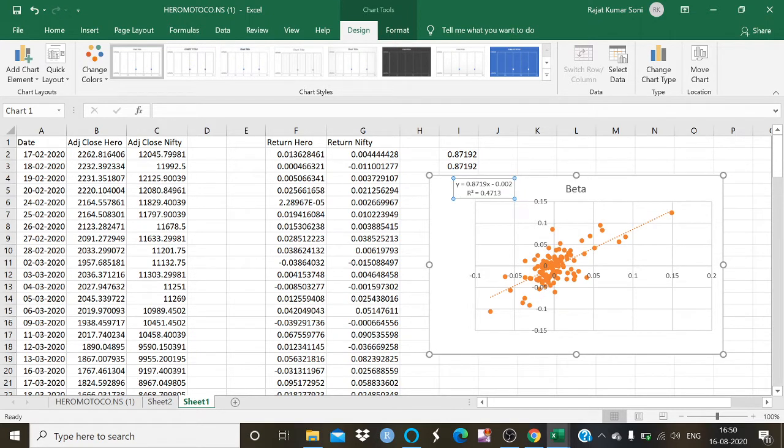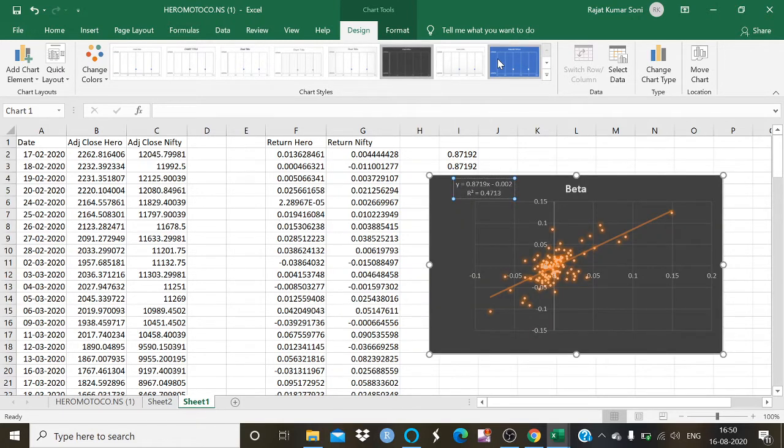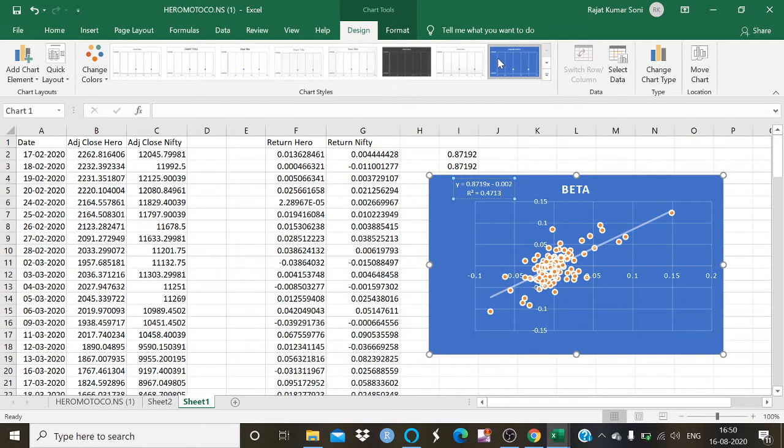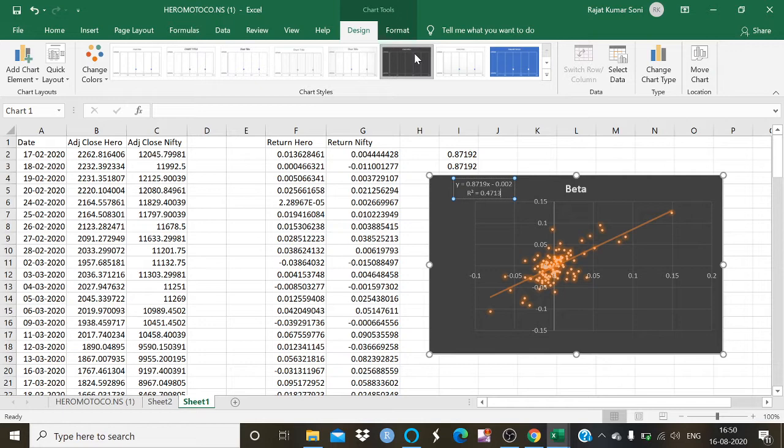Here is my beta value. This is the fourth method to calculate the beta value. All these methods are very different, but the answer of the beta calculation is always the same. Here you can select a different design, and I think this design would be very presentable on any platform. Thank you very much.